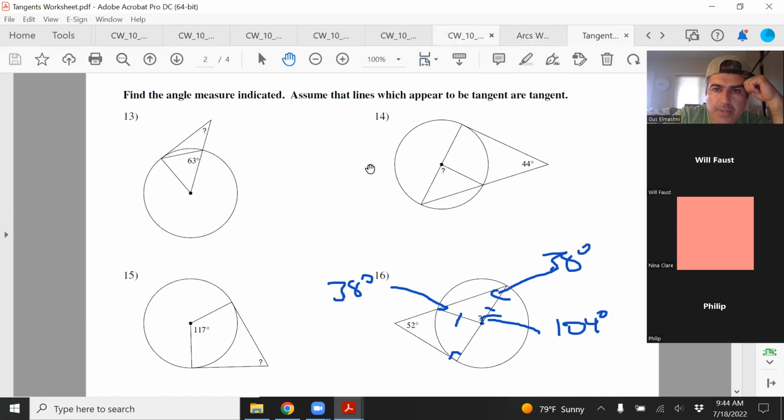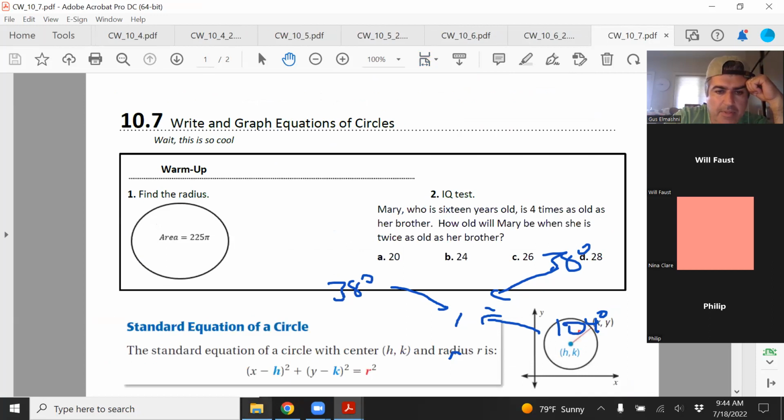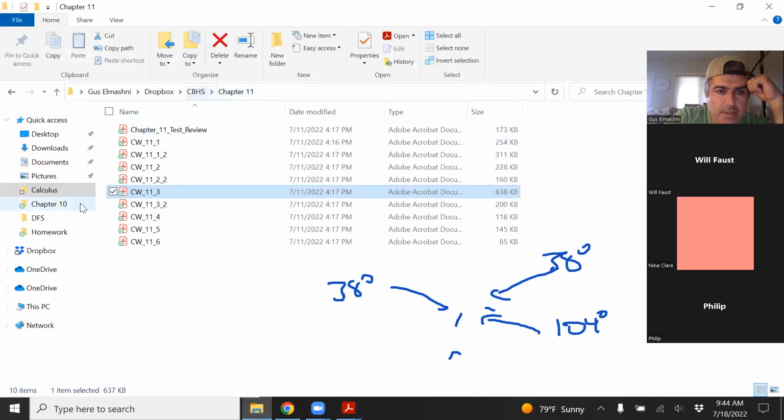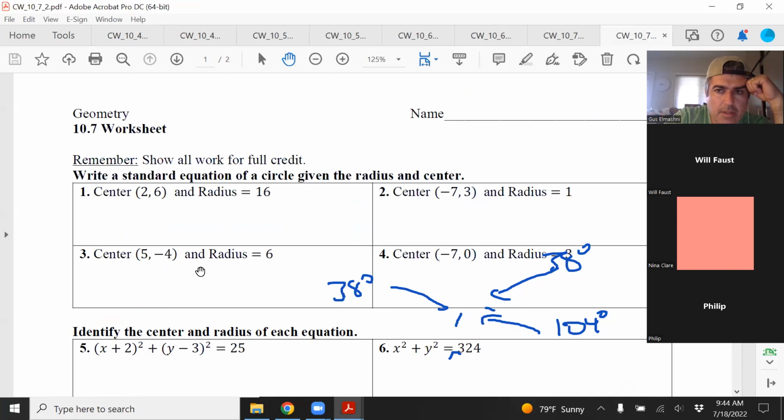Okay, let me shut these down. No, don't shut that down. Shouldn't we reopen 10.7.2? Okay,